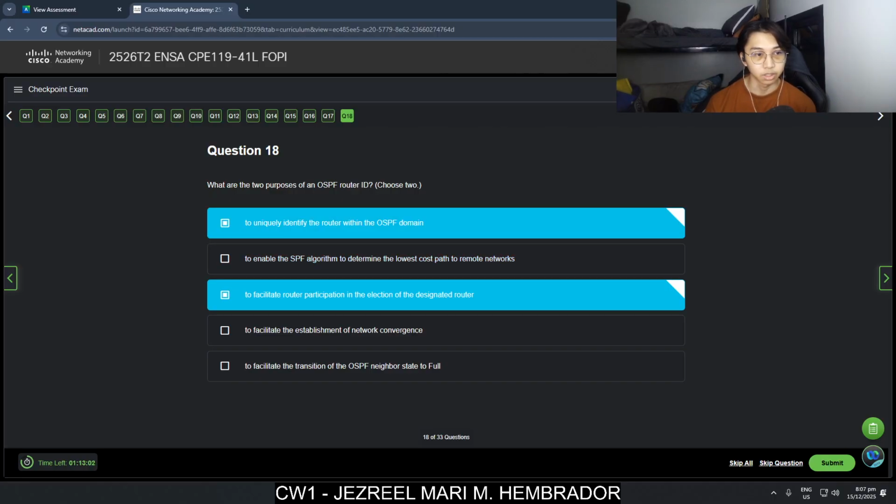I think it's to uniquely identify the router and to facilitate router participation.